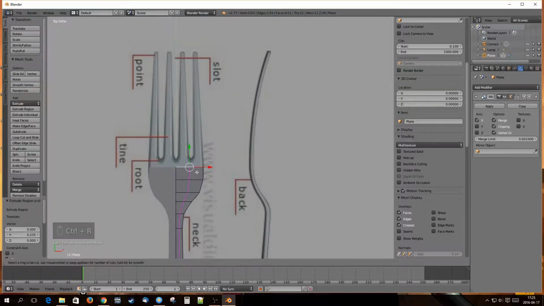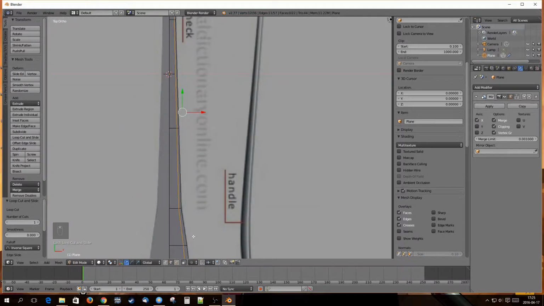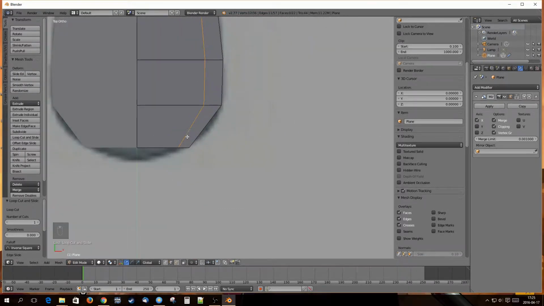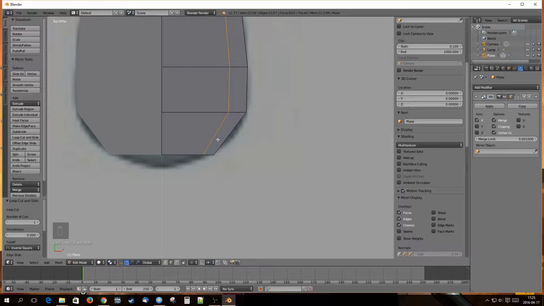So I press Ctrl R, and here I want this part to go like this, so I select this edge and extrude it, and then